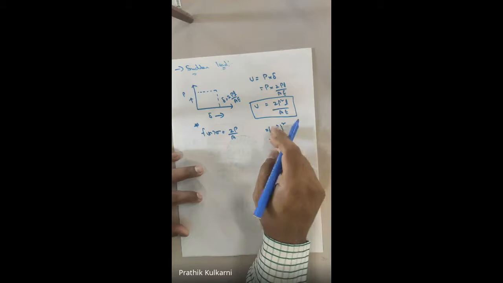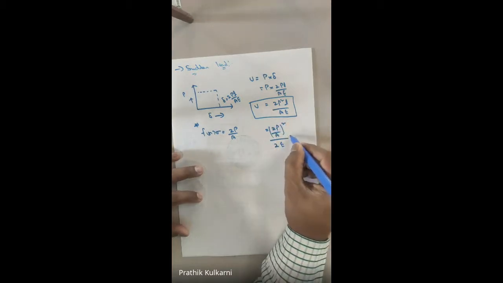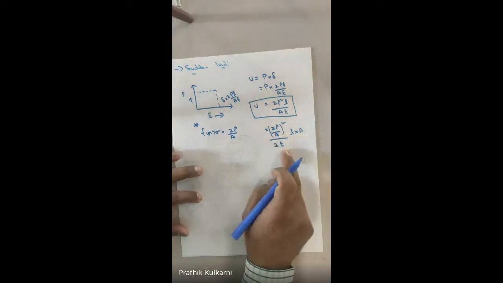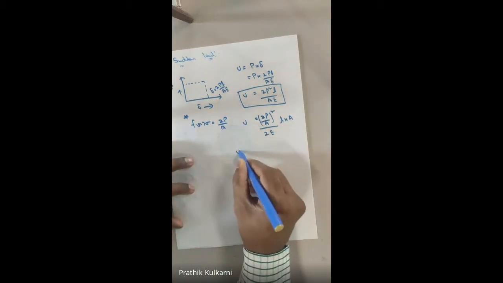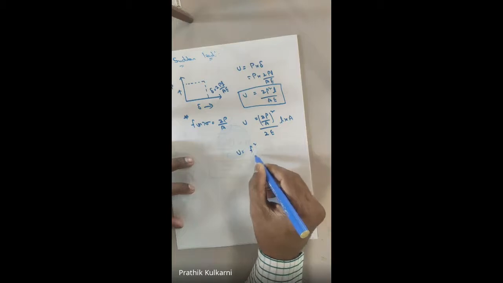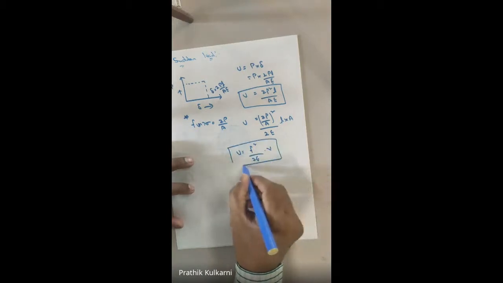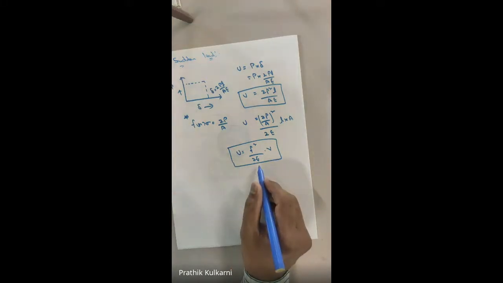Here I am writing 2 again. Why? Because I have 2 into 2, 2 square will become 4, so 1 I have to cancel. By E into its length, I will multiply with area, so area and area will also go. Again we will be getting the same answer. So from here I can write this as sigma square by 2E into its volume. This is in terms of stress.